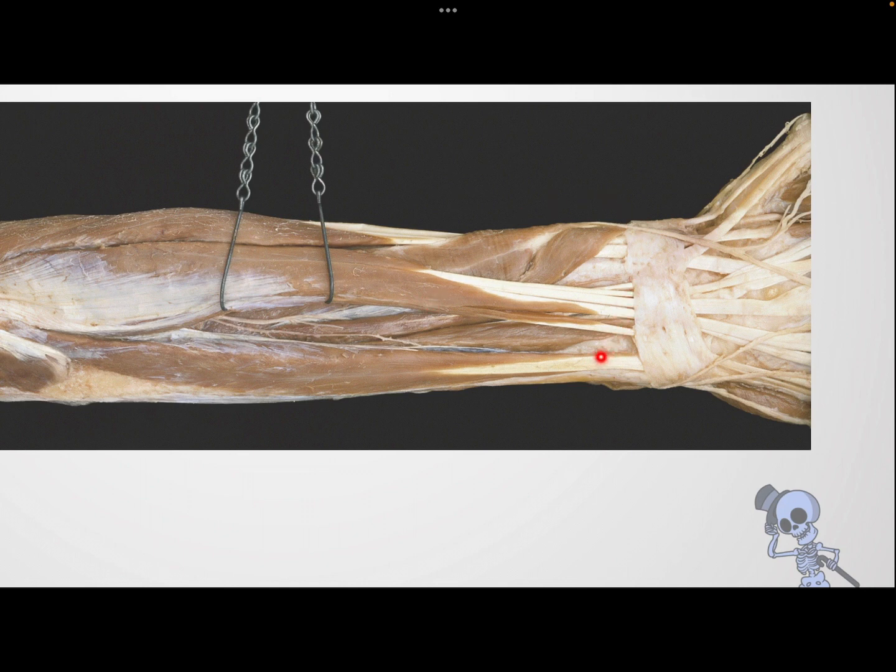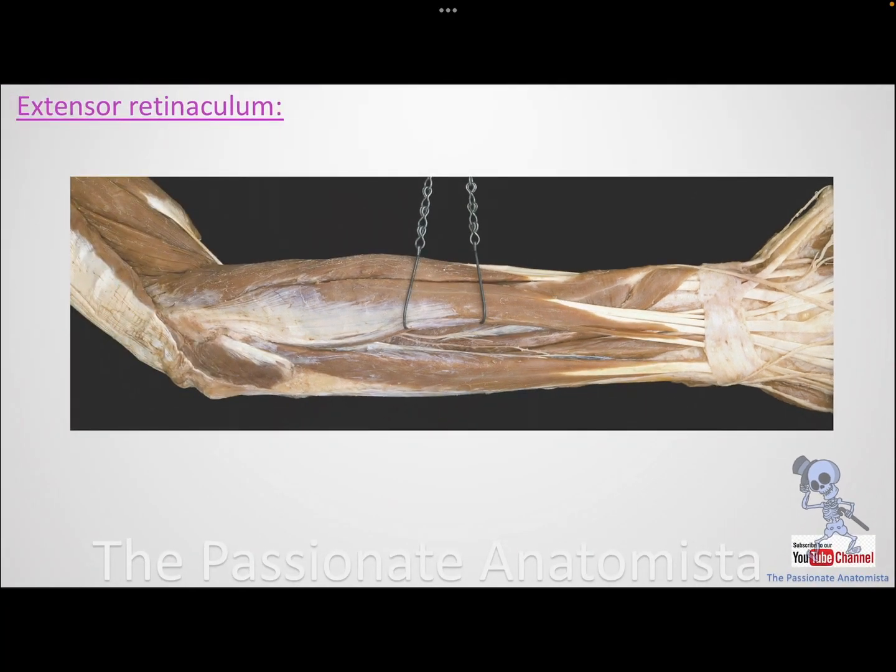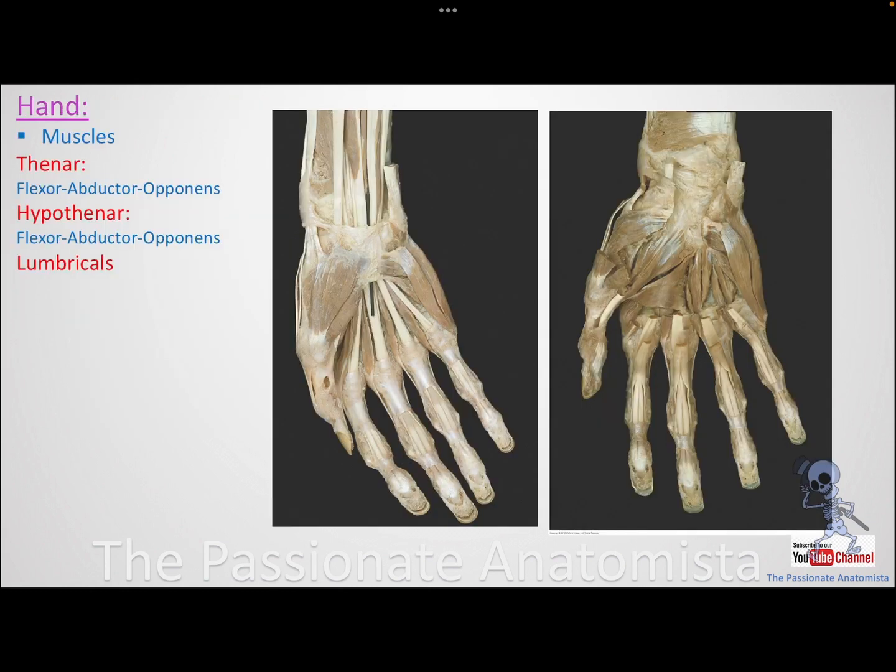All the extensor tendons need to run deep to it, except if we have any superficial or cutaneous innervation, they are going to be superficial to it, whether it's from the radial nerve or artery. If we have superficial, then it needs to get